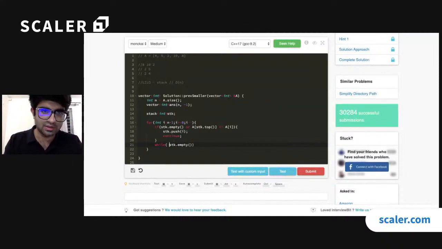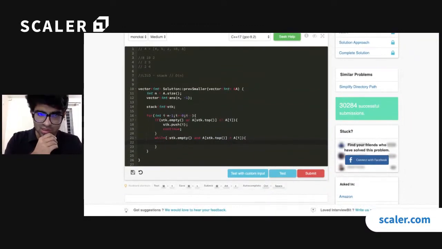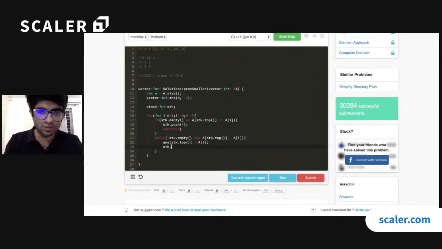While my stack is not empty and my top element in the stack is greater than A[i], in that case I know that the answer for stack.top will be equal to A[i] for sure. And I can safely remove that element because I just figured out the answer for the topmost element in this stack. I do not need this data in the future, so I can safely remove it.